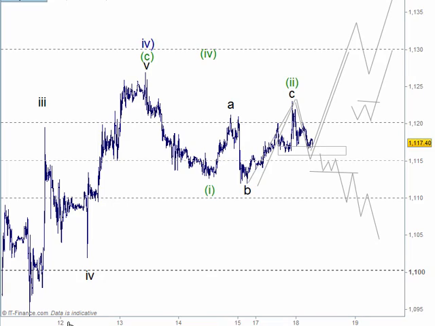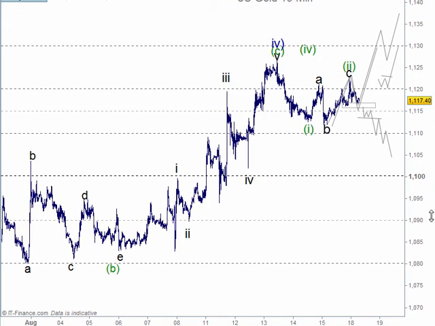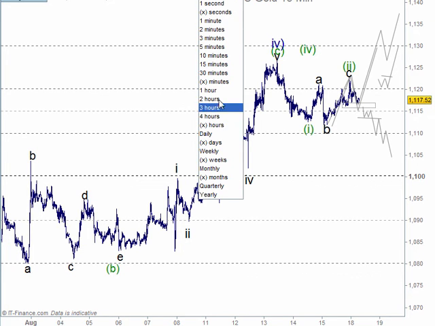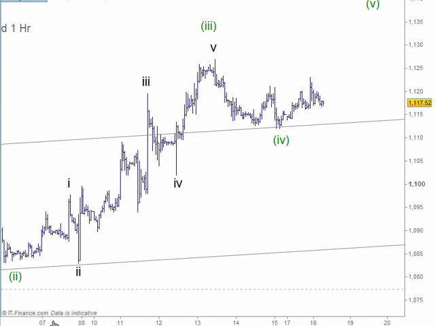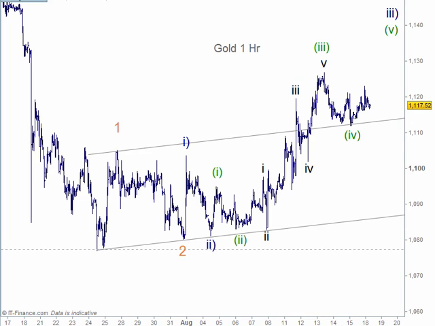And it's a bit tricky to count all of this up here, and I've turned it upside down and inside out and so on. And there are just too many variations. There are even variations on a bullish count here, which I can show you here on the hourly chart. Now, it's a bit of a long shot, but you've got to look at everything.